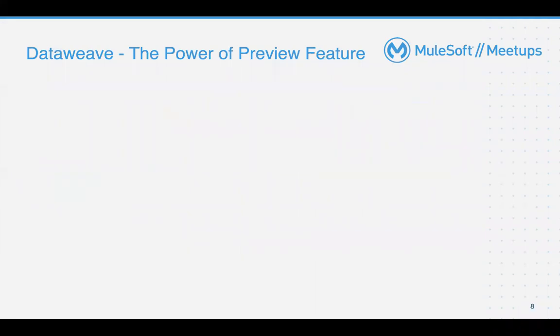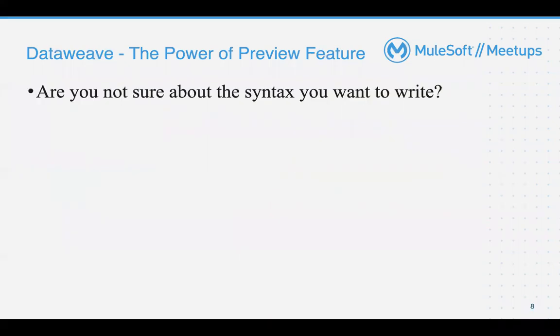Next, DataWeave, the power of the preview feature. Most of you might have heard or not heard, there is a feature in DataWeave called preview, DataWeave preview, which is an excellent feature, which I personally love. If you are not sure about what syntax you want to write, you are given a task to do some transformation and you are very new to MuleSoft, or it is a lengthy syntax, and to test it, what you generally do is write the syntax, run the code and check whether it is working fine or not.